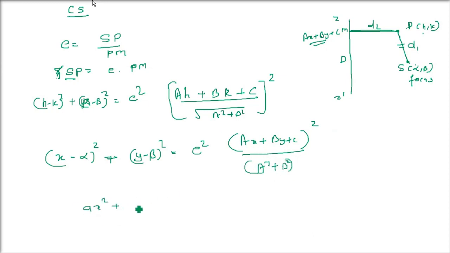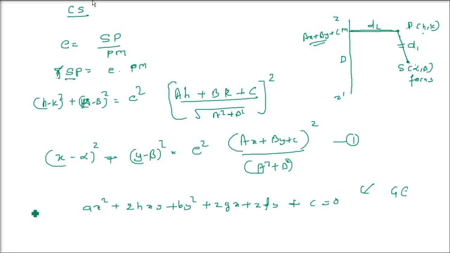We also have a Cartesian equation. When we simplify, what do we get? This is again a form of a conic equation: ax square plus 2hxy plus by square plus 2gx plus 2fy plus c. This is one of the equations, right? When you resolve it, you will get an equation, and this other equation which I am telling is the Cartesian equation of a conic section. This is also a general equation of second degree, again for a conic section.